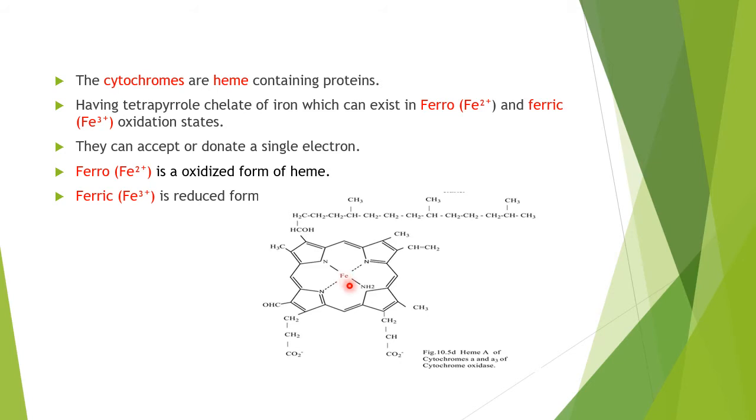So there is a pyrrole. It is called a heme type of protein. They can accept or donate a single electron at a time. Ferro is the oxidized form of heme, and the ferric is the reduced form. So it can accept an electron, it can donate an electron. So this is the structure of a cytochrome, which is in a position to accept one electron